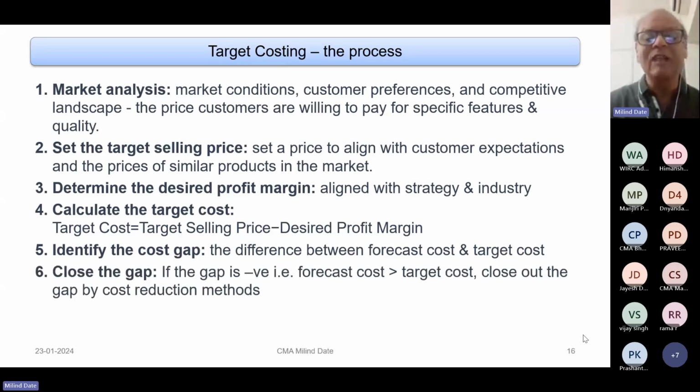And for closing out that gap, naturally, you will have to use a lot of cost reduction techniques. You have to ask a lot of questions to yourself, which will create possibilities of reducing cost on many aspects. You could say, hey, can any material be eliminated? Can I cut down on, let's say, packing material? I'm spending too much on packing. Is it really required? Can I use substitute material, which could be cheaper, but still be able to maintain quality?